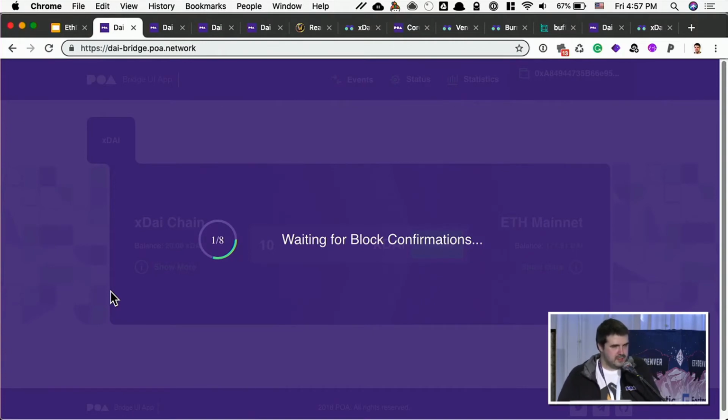This threshold is required to make sure that the network is final and not reworked or forked. After 8 confirmations, validators will relay this event from xDAI to Ethereum mainnet, and they will unlock 10 DAI